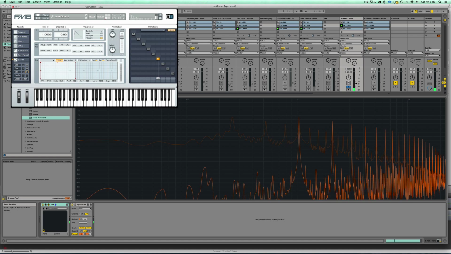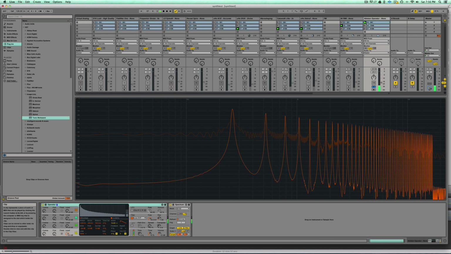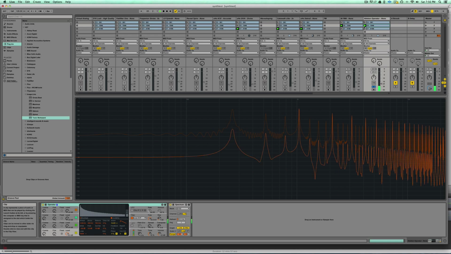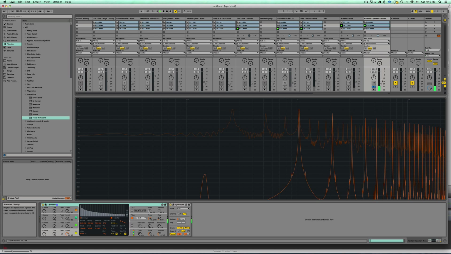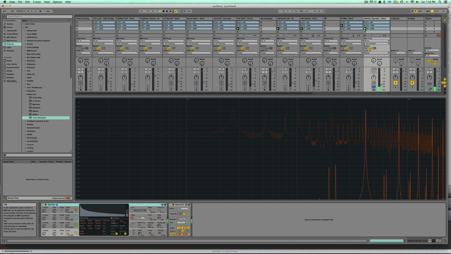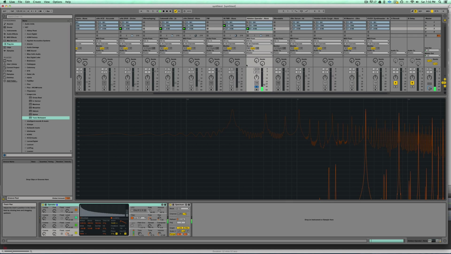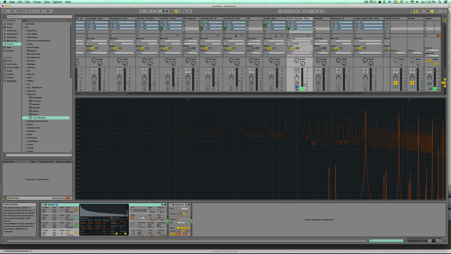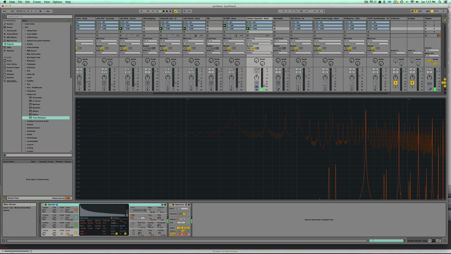Yeah, I don't know. Ableton's Operator. Some noise, dipping. Interesting high end. I'm not sure what's going on with that. Pretty good on the low end though. Some peaks. Overall pretty good though, I think. And yeah, I suppose that's the difference between digital FM and some of these other more analog based